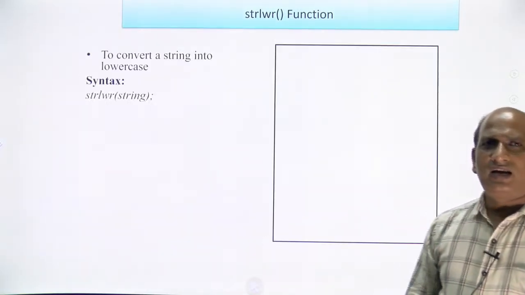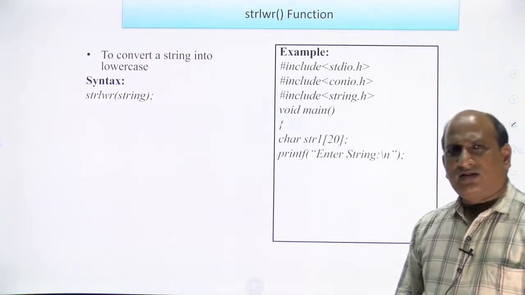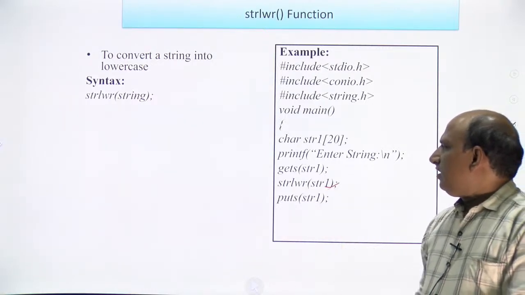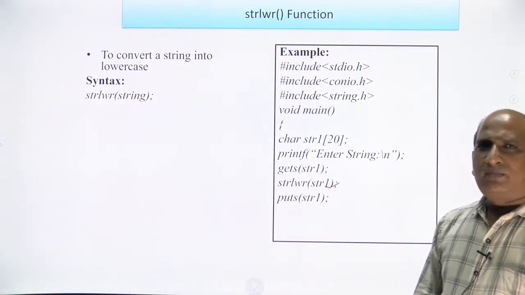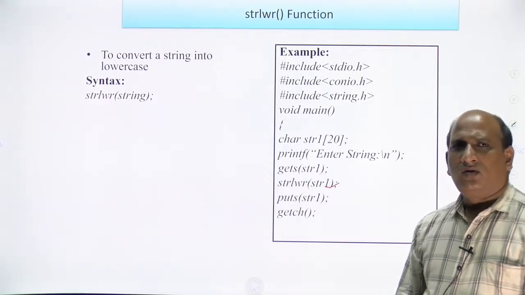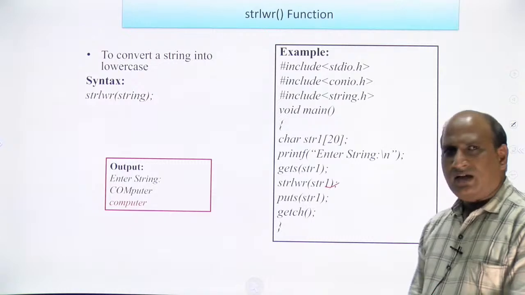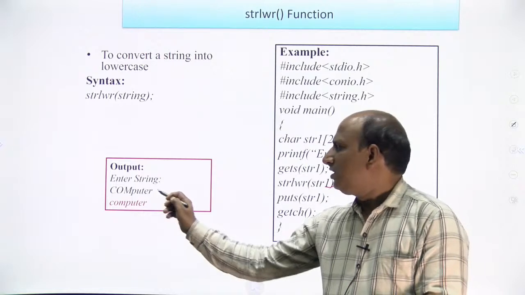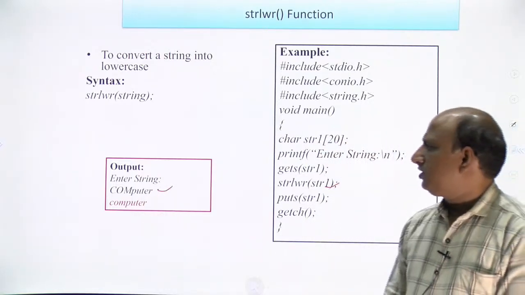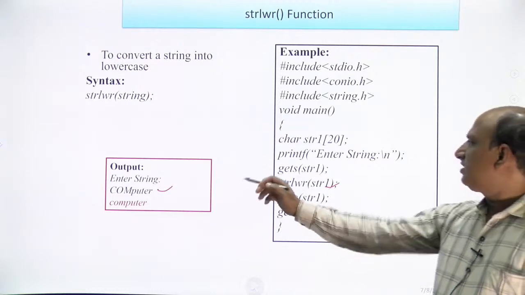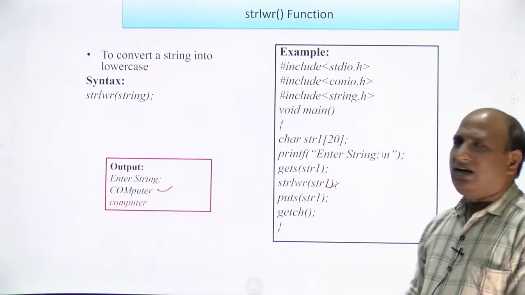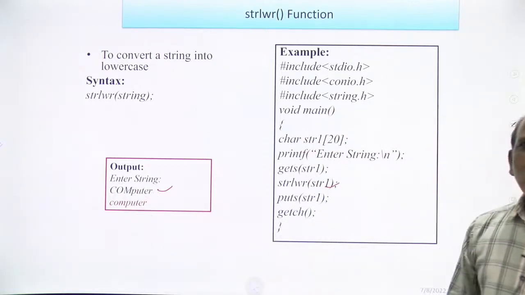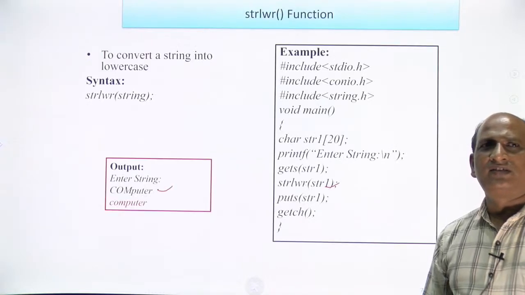strlwr will do the reverse of strupr. Whenever I pass str1 to strlwr, all the uppercase letters will be converted to lowercase. If I input a string like COMputr, where COM is uppercase and putr is lowercase, and this string is passed to strlwr, all the characters will be converted to lowercase. This way you can use the predefined functions of